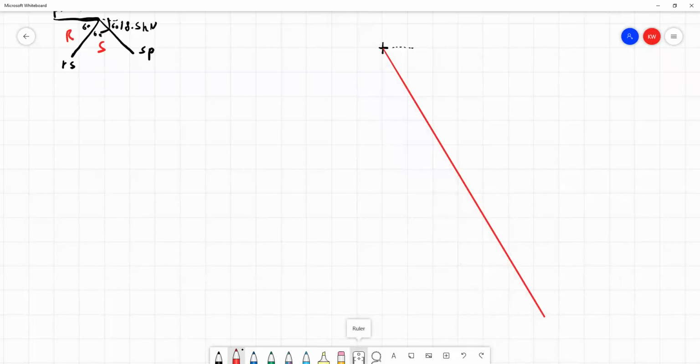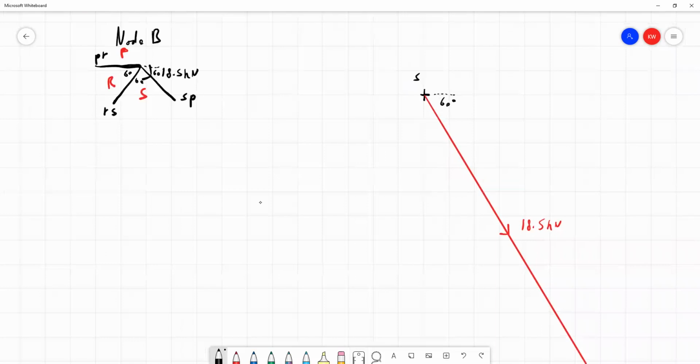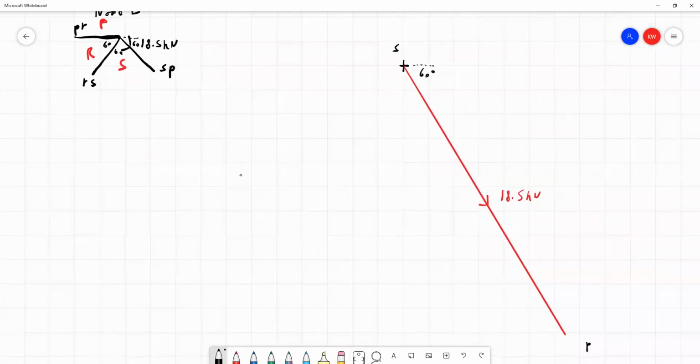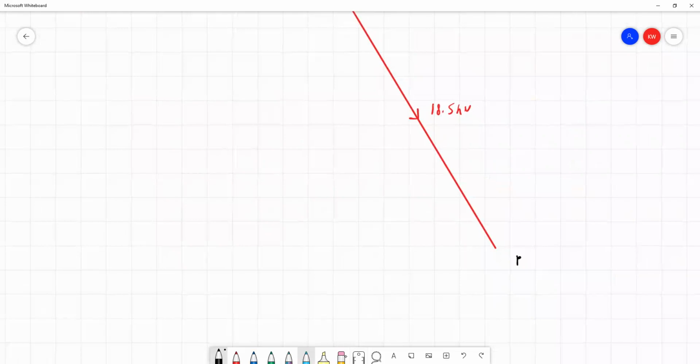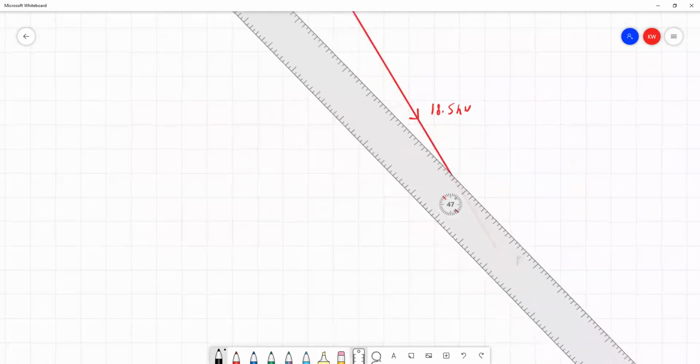And what can we say about this? Well, we know the direction. We had this from the previous part of the question. It's an 18.5 kilonewton force. If we wanted to keep ourselves right, we can remind ourselves it's a 60-degree angle. And then we can have a look at what we're going to do next. Well, we know this is the vector SP, so we're starting at point S and moving down to point P. So the next vector we're going to draw in is PR, the one that starts with the letter we finish with. PR is a horizontal line, so again, we'll make our ruler